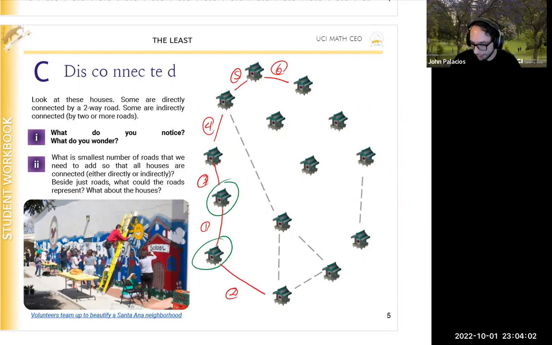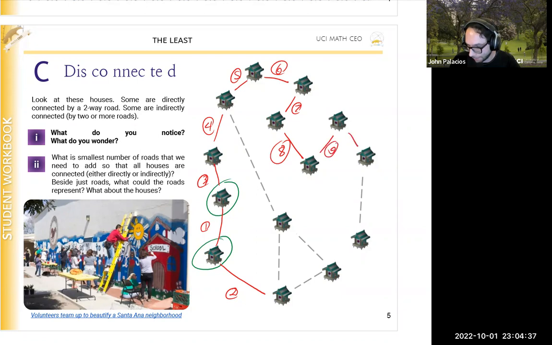Okay, well, let's continue on. And I'm going to choose this to be road 7. And you can have your students count along with you, or you can have them draw in their workbooks, or on the whiteboards, and keep track of that. 8. Maybe you have a student count the number of roads that you draw, or maybe you have one of their friends count the roads as the other friend draws the roads. 9